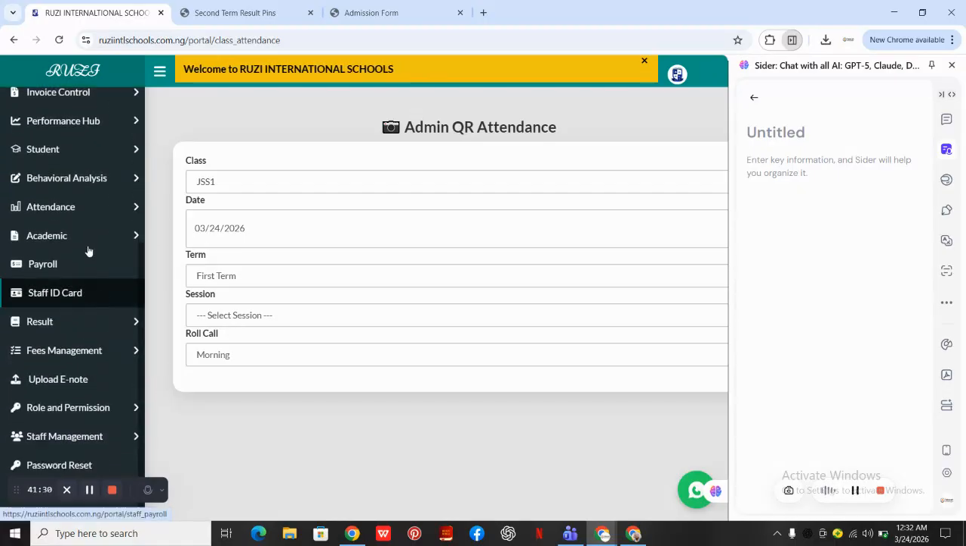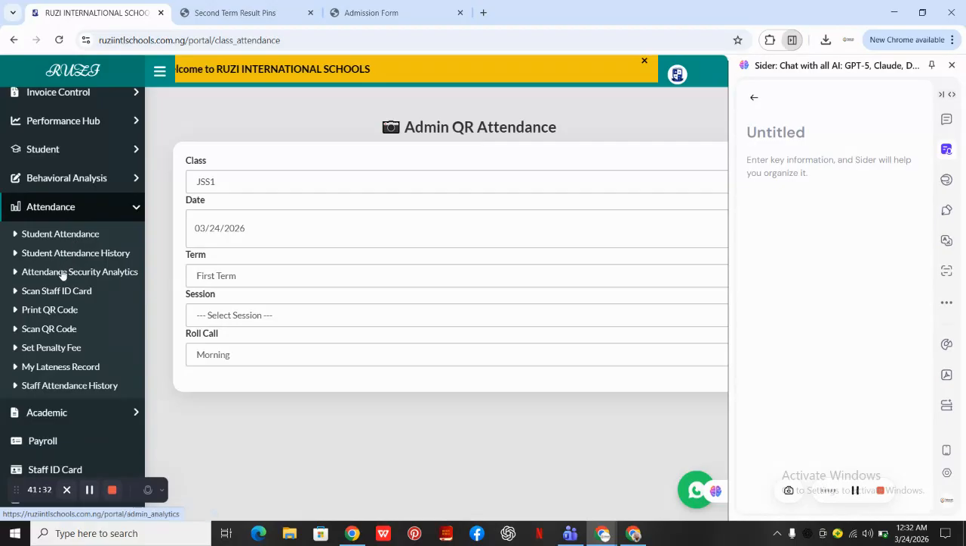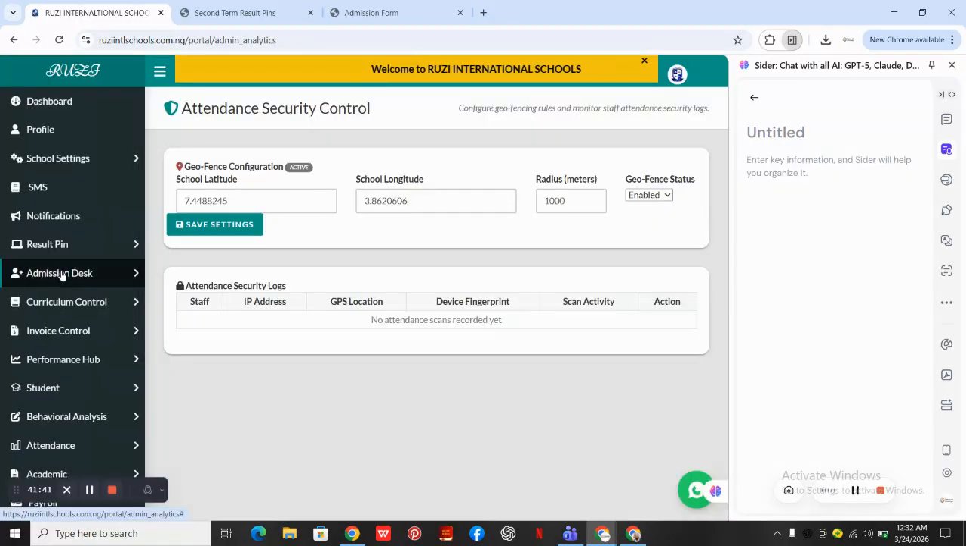Then you can also check the attendance history of the student. So we have the attendance security analytics. Now, this has to do with the staff attendance. The admin can manage staff attendance